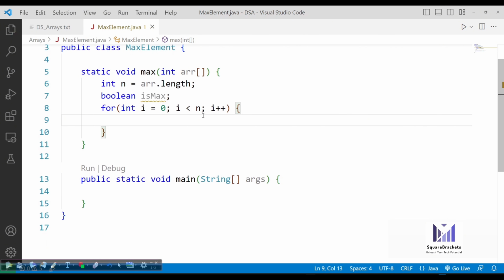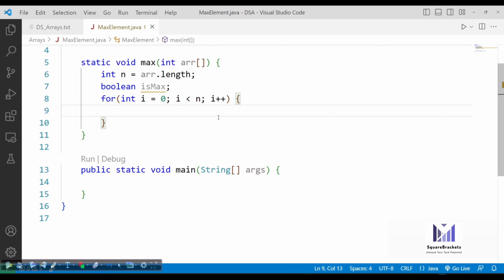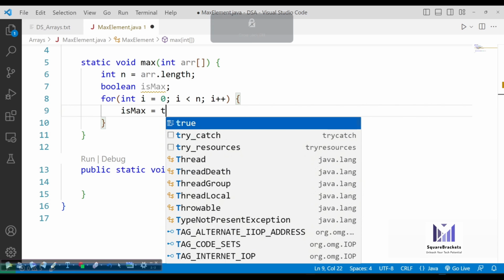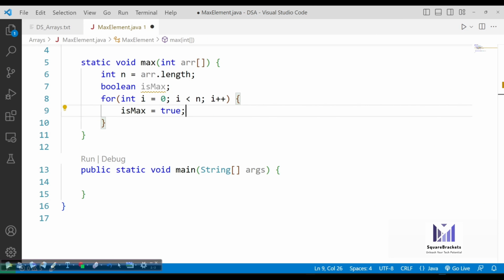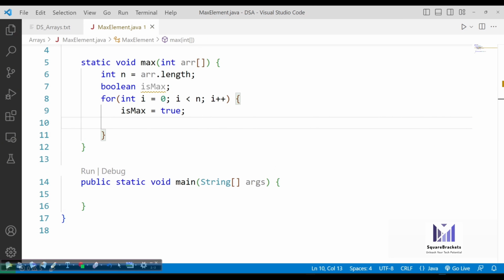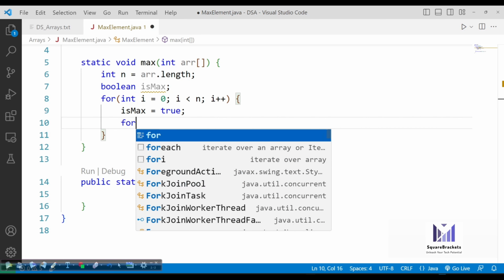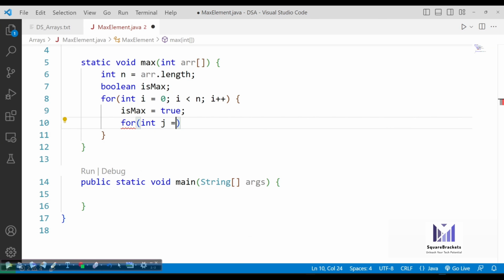Once you check in an array that a particular element is compared with rest of the elements, and we are not able to find any element greater than the current element, we can say it's a maximum element. So after this, we'll initialize isMax with true. So I'm going to consider that the current element is the maximum element.